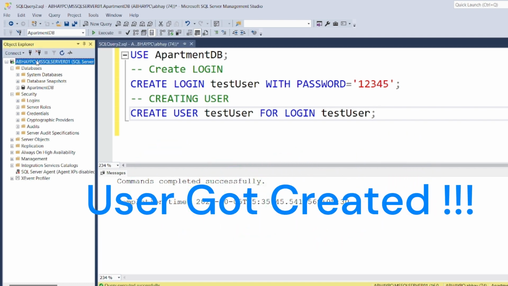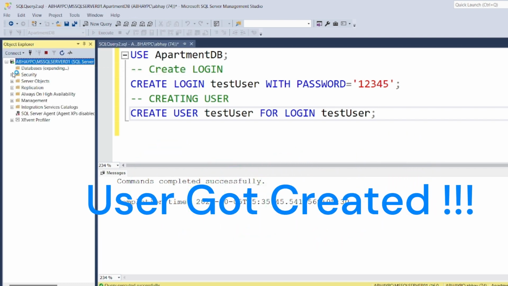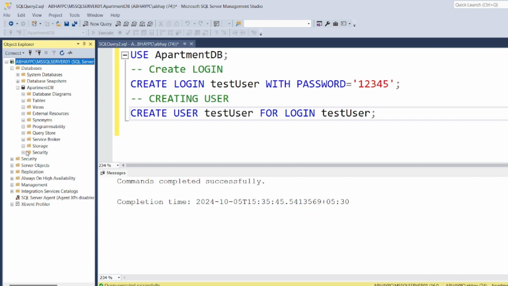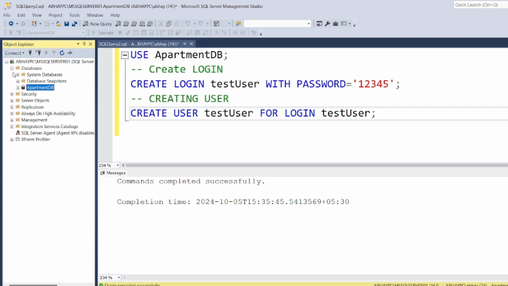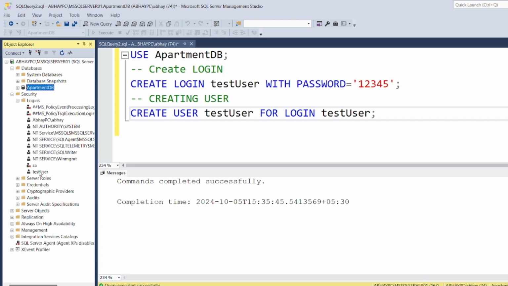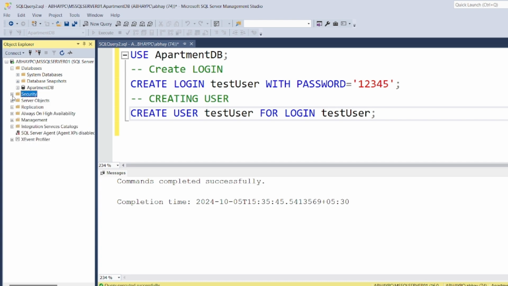So I think now this has created a user. Let's go and see in the database. If I go to ApartmentDB and then to Security, Users, you can see that test user gets created. Likewise, if you go to the normal Security, Global Security, Logins, you'll see that test user has got created, right? So this is the user which you have created, and using this, you can log into your